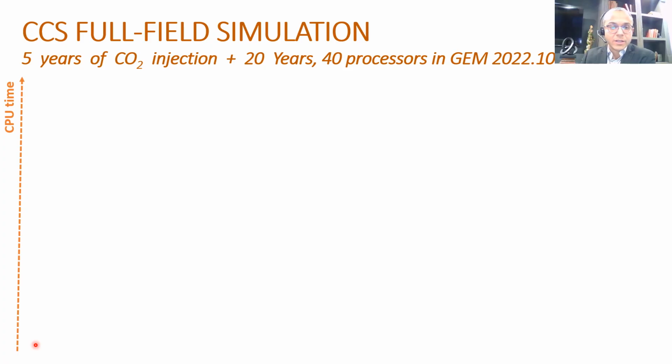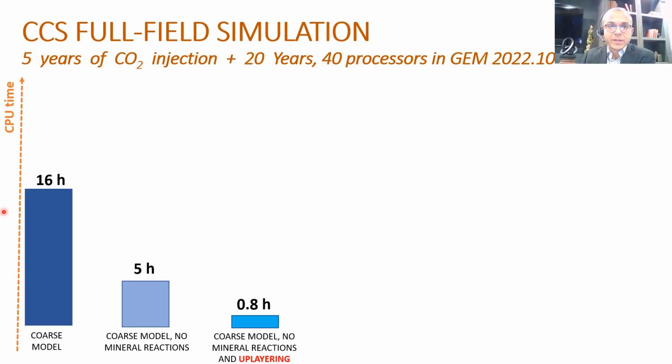Let's see the results in terms of CPU time during 25 years of simulation: 5 years of CO2 injection, plus 20 years. The first 3 blue bars in this slide represent the original grid model with coarse cells, coarse grid blocks of 250 meters by 250 meters, which we know is not adequate to model the mechanisms as discussed previously. The refined model is represented by the green bar